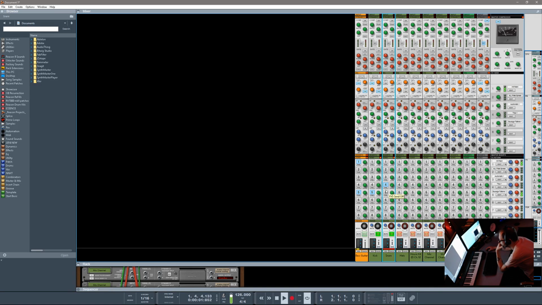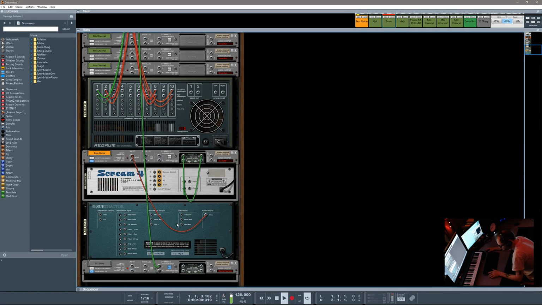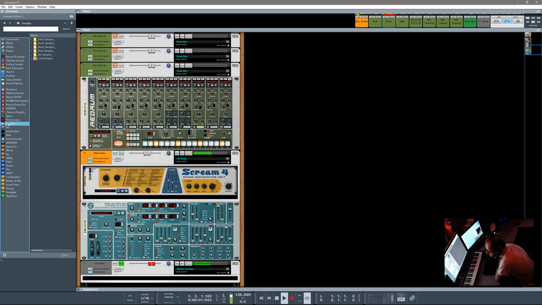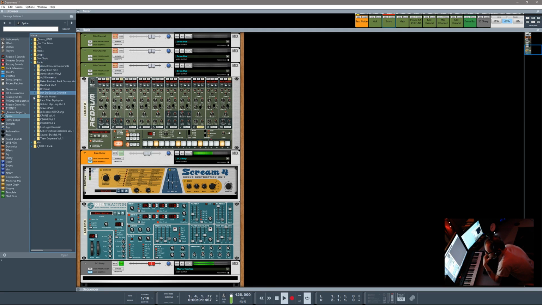Okay, no delay on the kick drum. What am I doing? I don't like that snare drum. We're getting rid of that snare drum right off, man. Okay, that's coming out of here. Yeah, that snare drum's not working for me. Okay, let's go into Splice, packs,